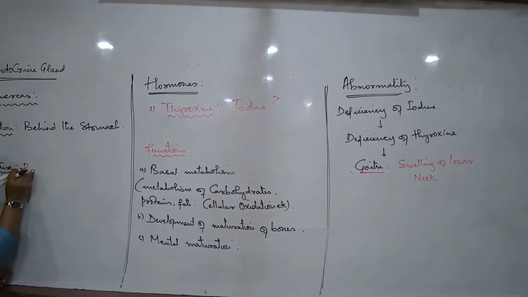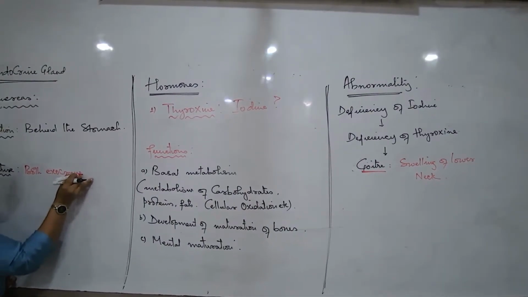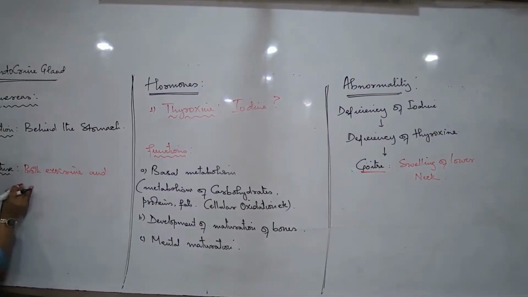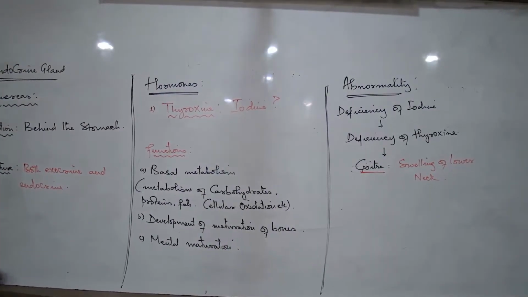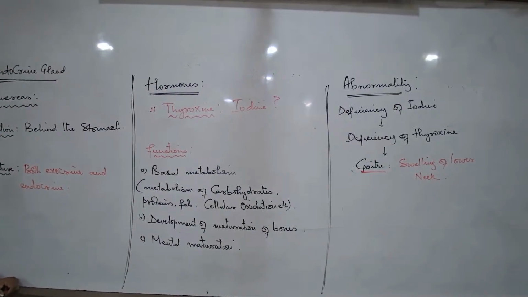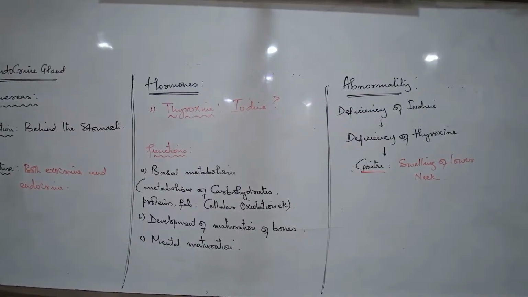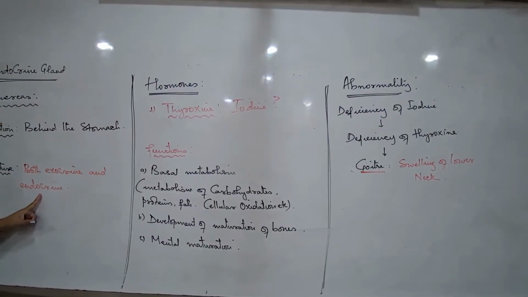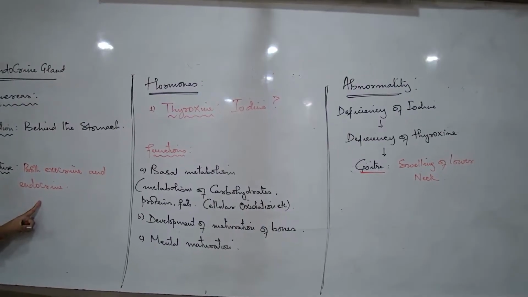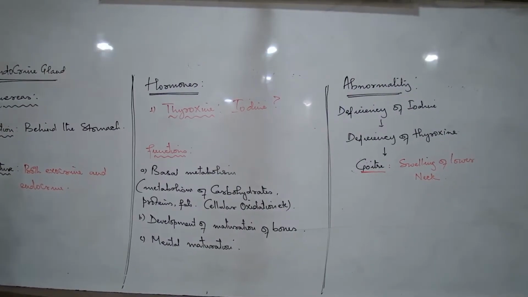So this particular gland that we understand is both exocrine and endocrine. So structurally it has got two types of cells. One group of cells capable of producing the enzymes and the other group of cells capable of producing hormones. Now we are talking about the endocrine cells. The cells which are endocrine in nature, what type of hormones do they produce?